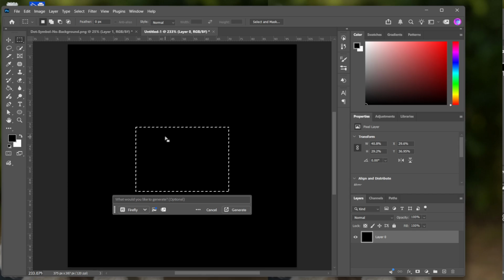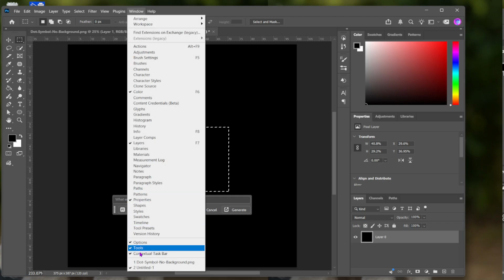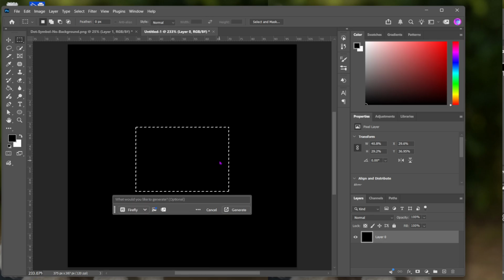So, if the Generative Fill bar seems to be missing, remember that the fix is usually just this one setting. Open the Window menu, enable Contextual Task Bar, and you should be back up and running almost instantly. And that's it. With just one simple adjustment, you can restore the Generative Fill bar and